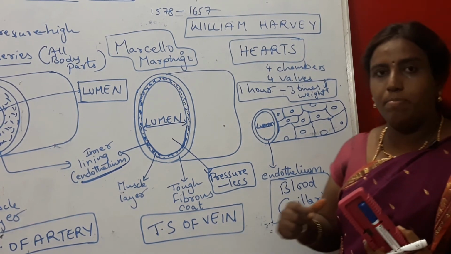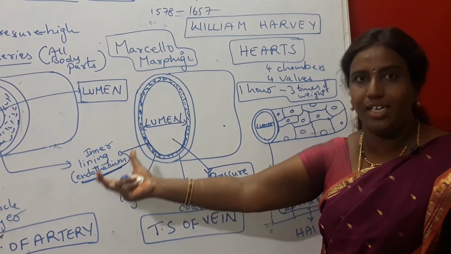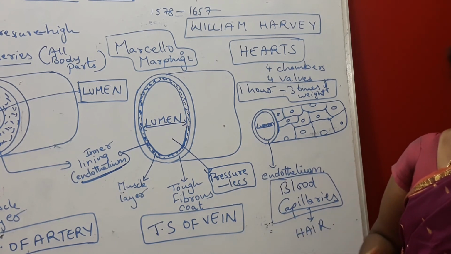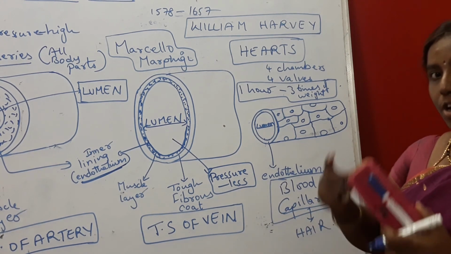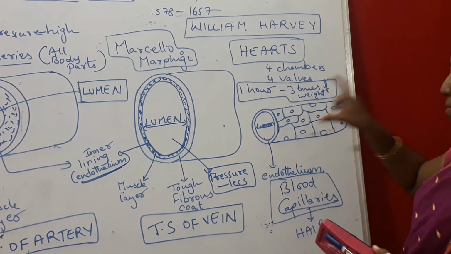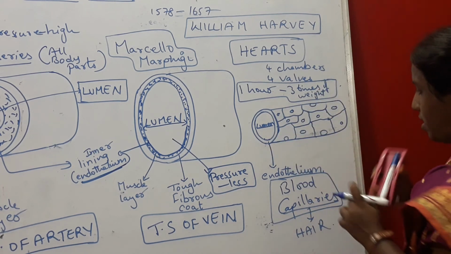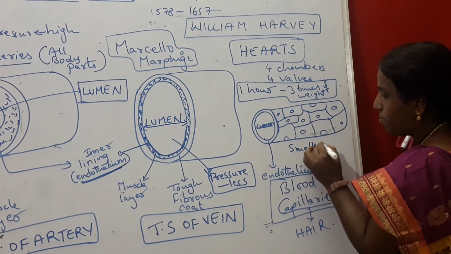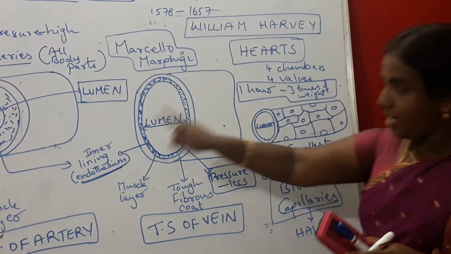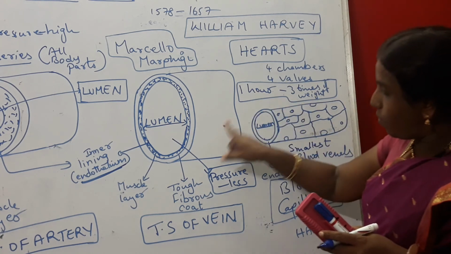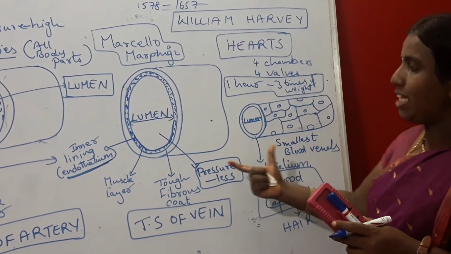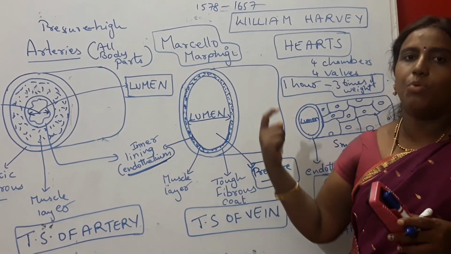So, the heart pumps the blood to all parts of the body through arteries, and from the arteries the blood enters the cells. There, the blood is used. From there, the blood enters the blood capillaries. What are blood capillaries? The smallest blood vessels. They are present at the ends of arteries and also in veins, and they form the link between arteries and veins.